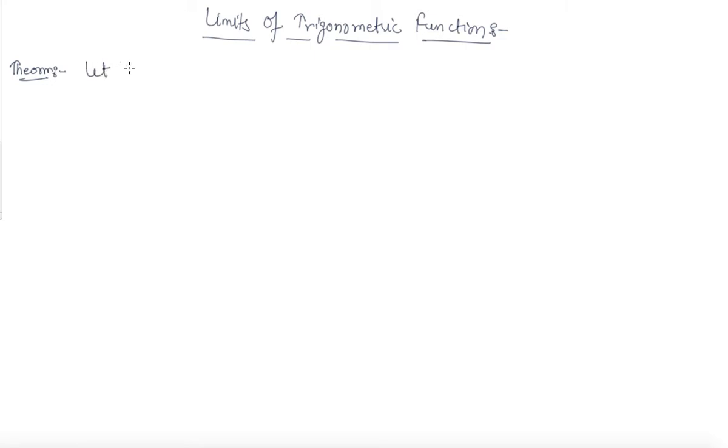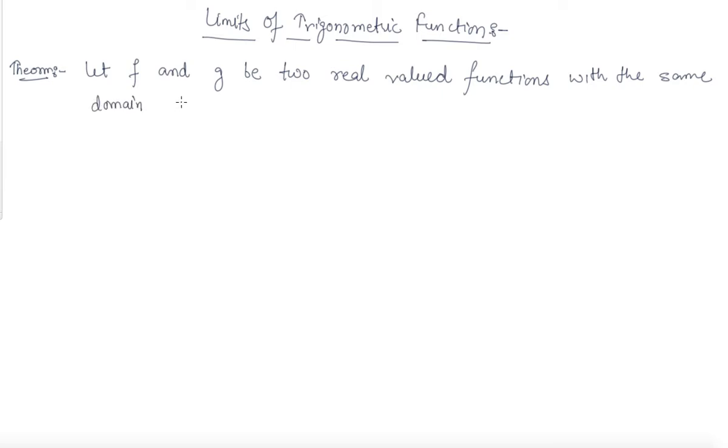This theorem states that, students, let f and g be two real valued functions with the same domain such that f(x) is always less than or equal to g(x) for all x in the domain. Okay, so for some a,